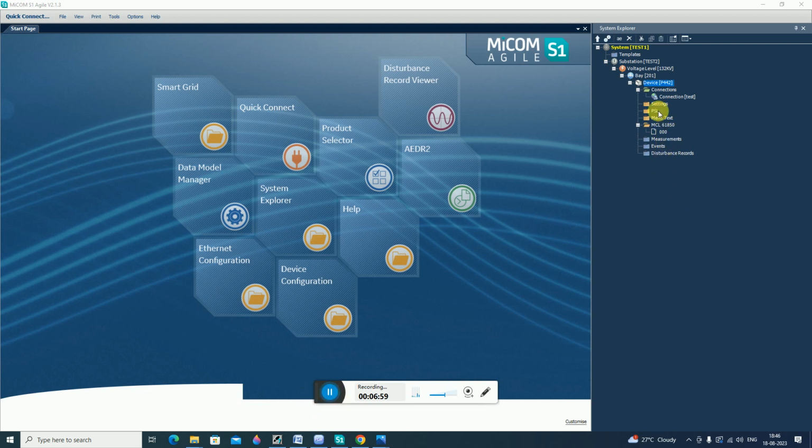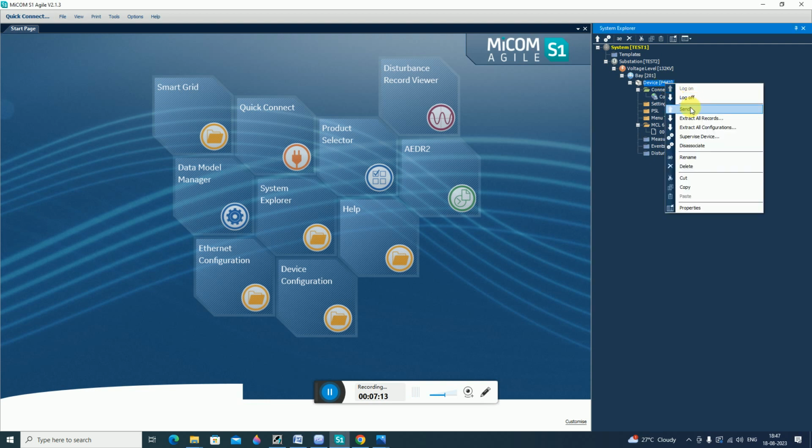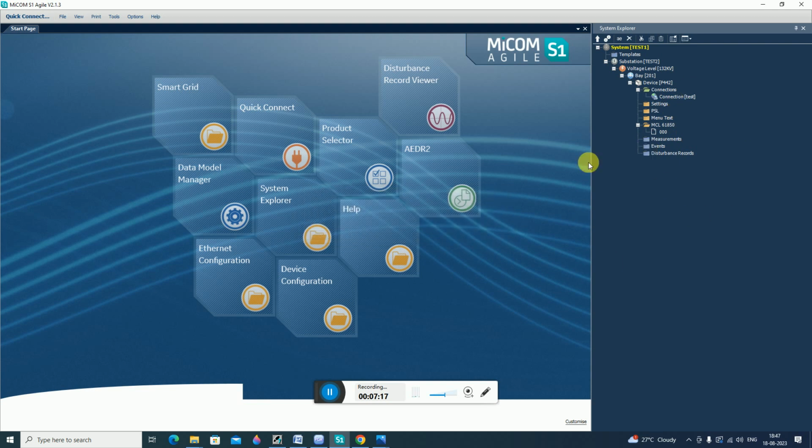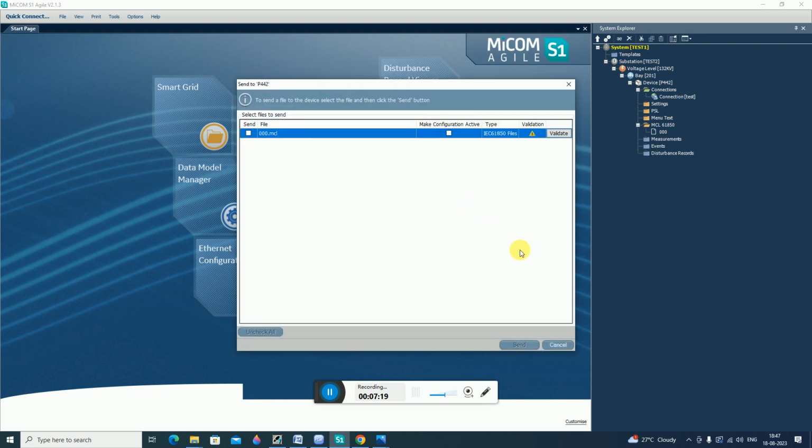Just now this file is edited. We have set the IP of the relay. Now we will send this file into the relay. So just click on the send option, this upward arrow mark, or you can right click on it. You can click on send also. Now Agile is trying to communicate with the relay. You see here